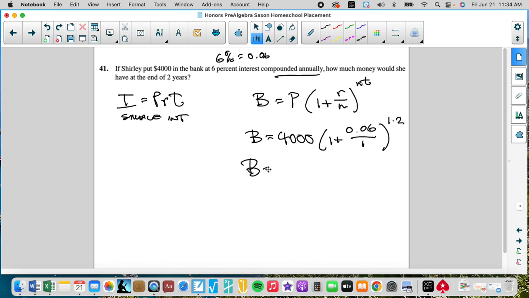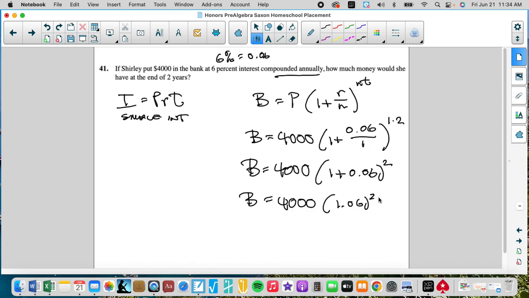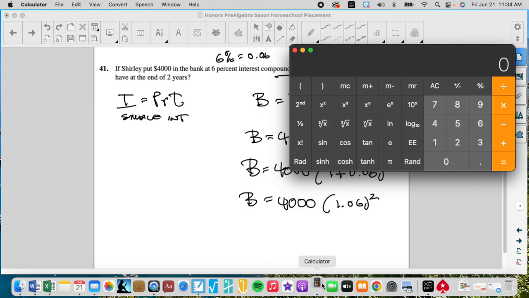So we have the balance equals 4,000 times 1 plus 0.06 to the second power, which equals 4,000 times 1.06 to the second. Don't know what that is. That's going to be a calculated value. 1.06 to the second power is 1.1236, and we're going to multiply that by 4,000. And that equals that number,